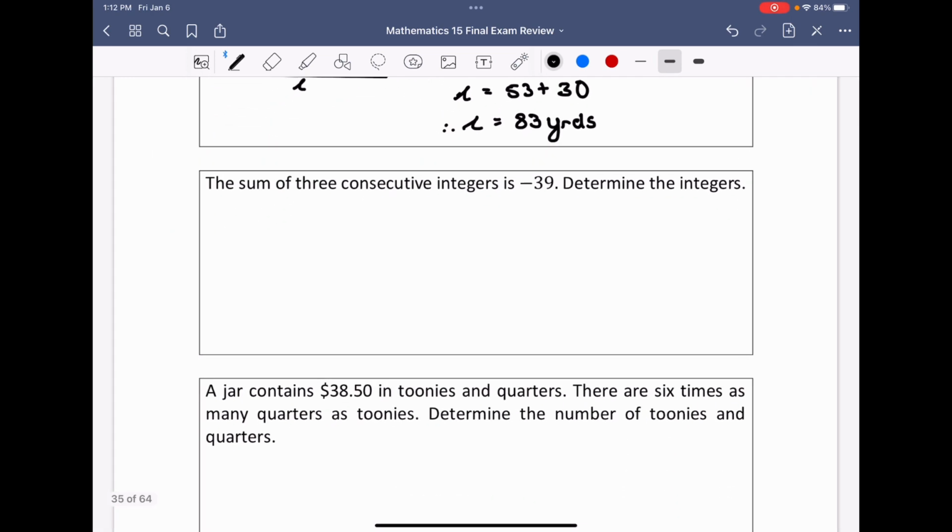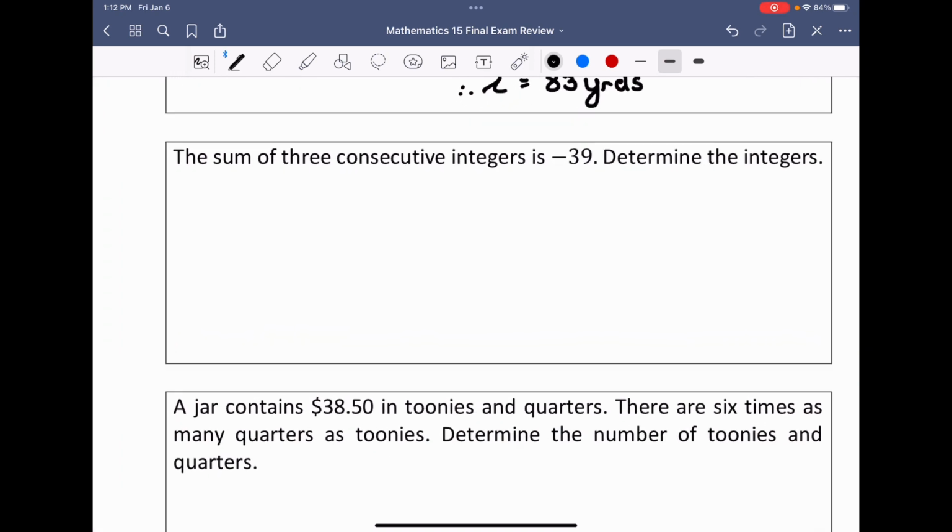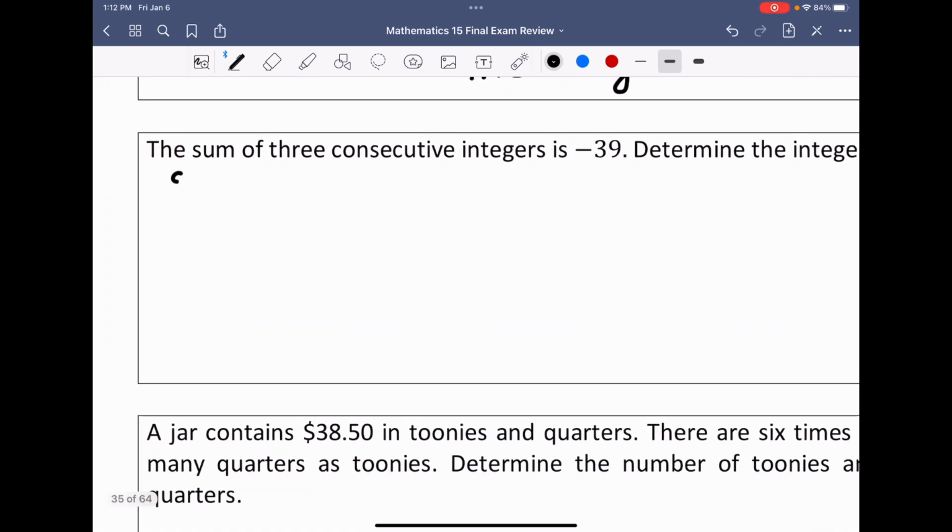All right, the sum of three consecutive integers is equal to negative 39. Determine those integers. What are integers? Well, anything that's an element of the integer family is things like -2, -1, 0, 1, 2. It's all the numbers that are whole numbers, positive or negative, including 0. So what we're going to do is take that idea of what an integer is, where it's all of the whole numbers, negative or positive, including 0, and we need to symbolize what each of these would